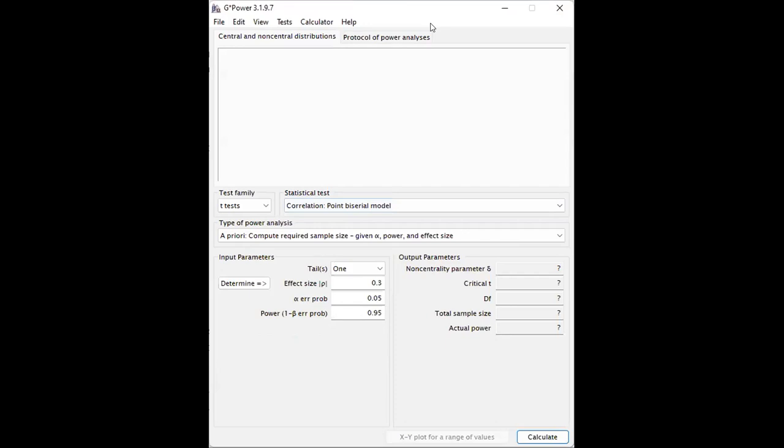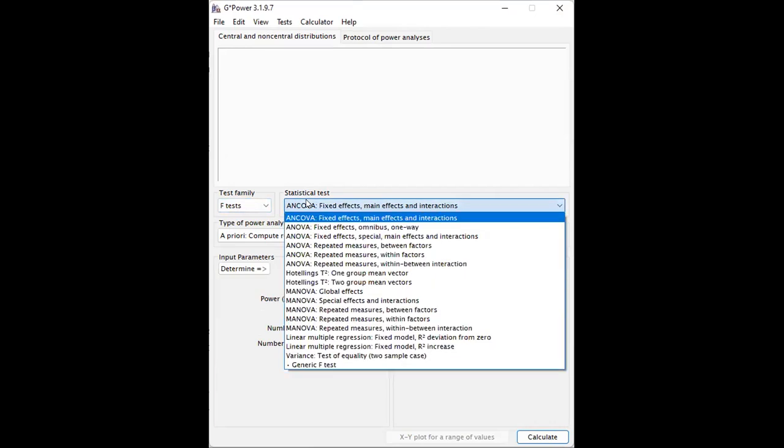Okay, so to determine the sample size using G*Power, first you need to know the test family of the statistical test that you want to use. For example, the highest level of analysis in your study is multiple linear regression, so we use the F test. Multiple linear regression, the family is F. You will learn this later in statistics class, don't worry. Then for the statistical test, choose this one: linear multiple regression, fixed model, R squared deviation from 0.